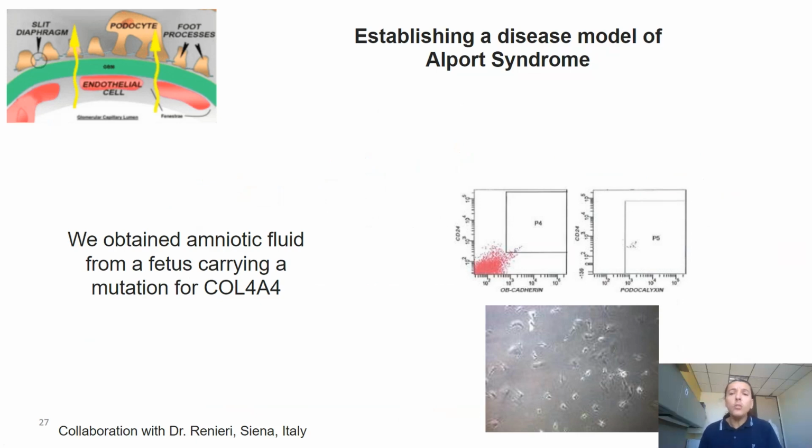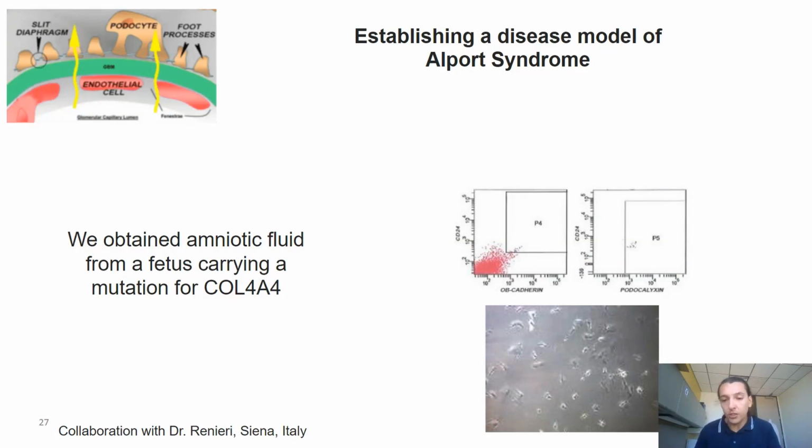So, to model this one, we were lucky enough that we were able to obtain amniotic fluid from a fetus that was carrying a mutation for collagen 4 alpha 4. Using the same approach that we used to isolate the human amniotic fluid kidney progenitors, we isolated amniotic fluid progenitors from these Alport patients by co-expression of CD24, E-cadherin, and podocalyxin. Less than 1% of the cells are expressing these markers,